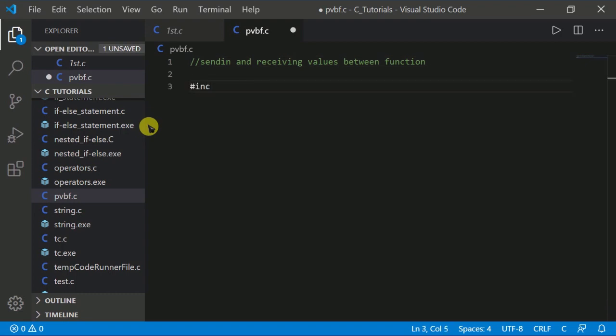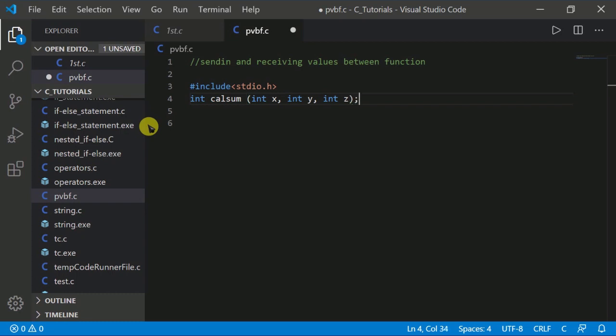#include <stdio.h>. Now I am going to use the function calsum, which means calculate the sum, and its parameters are int x, int y and int z.